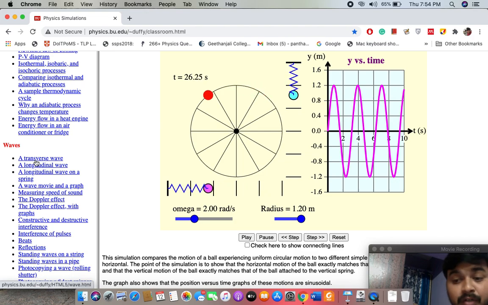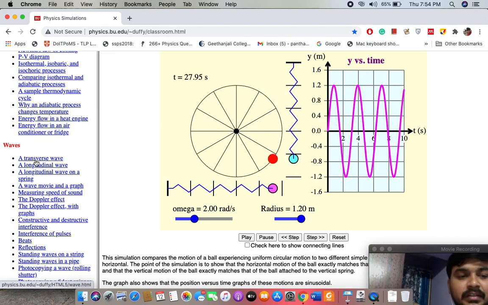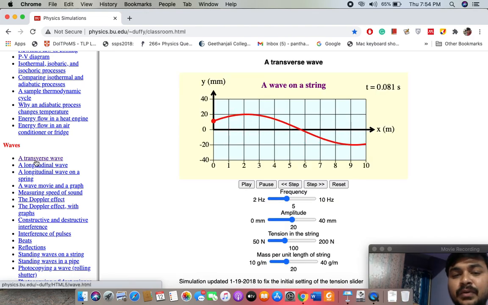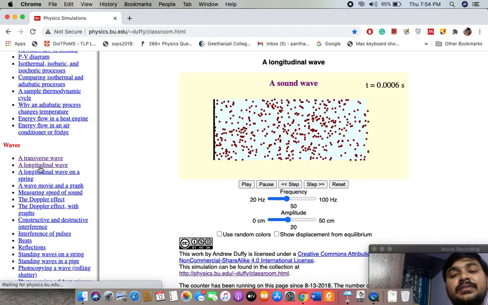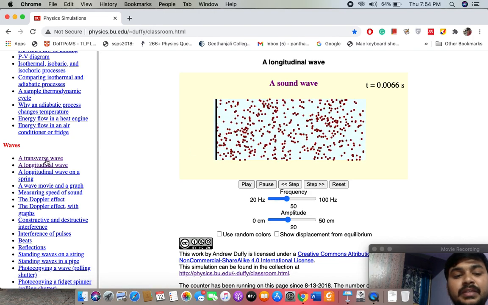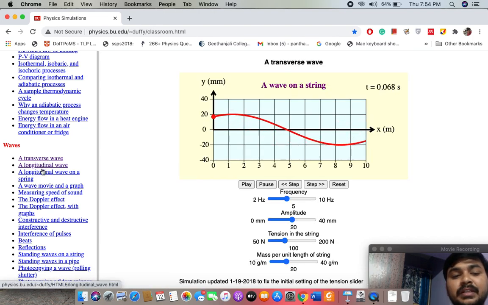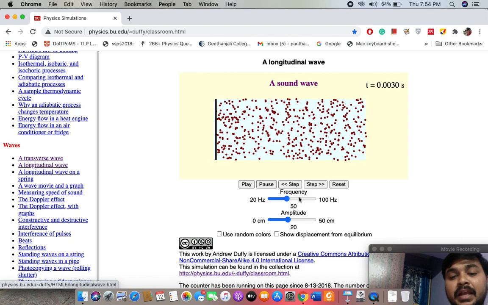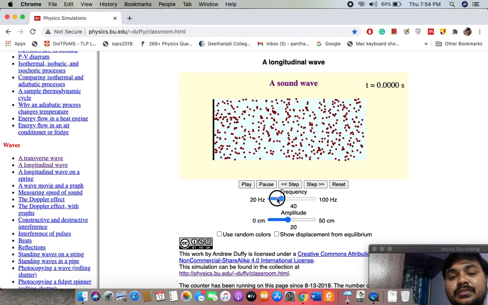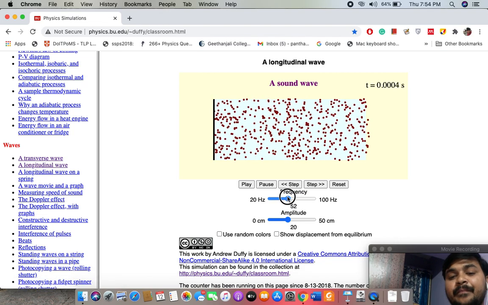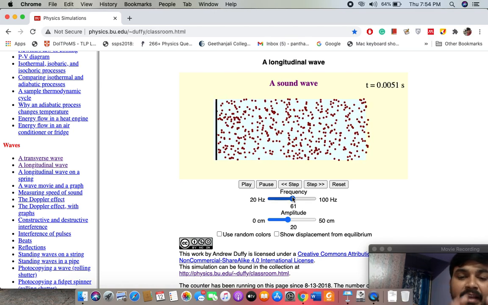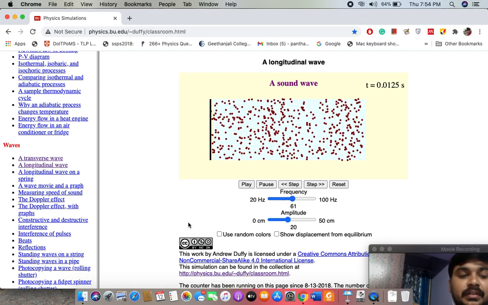For example, if you want to show how the transverse wave is, as you all know, the definition of the transverse and the longitudinal waves is a little difficult and a little confusing also. So these two waves you can easily understand by using this animation. See here, this is a transverse wave and this is a longitudinal wave. And you can change the variations also, you can change the frequencies here. The parameters also you can vary and show that to the students.